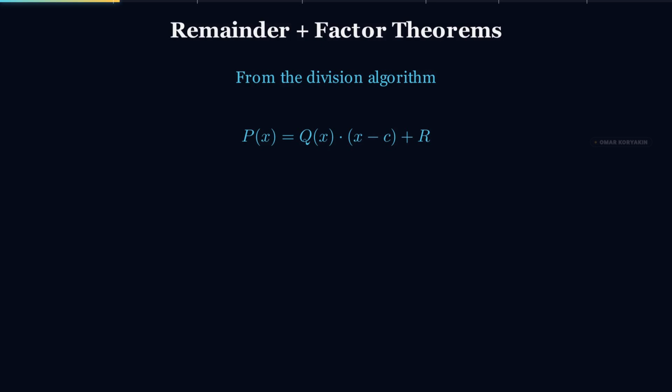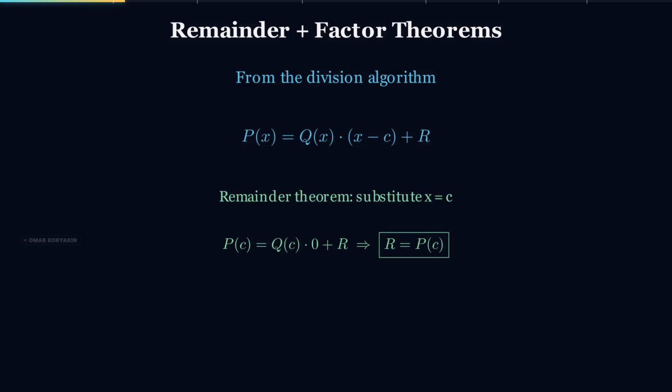Both follow from the division algorithm, dividend equals quotient times divisor plus remainder, applied to the linear divisor x minus c. When polynomial p of x is divided by x minus c, the remainder of the division equals p of c, the value of the polynomial at c. The proof by the division algorithm, p of x equals q of x times the quantity x minus c plus r, where r is the constant remainder. Substitute x as c, p of c equals q times 0 plus r equals r, so r equals p of c,